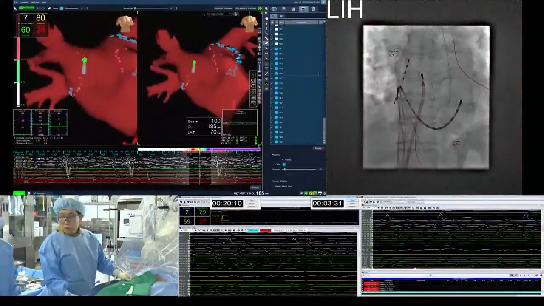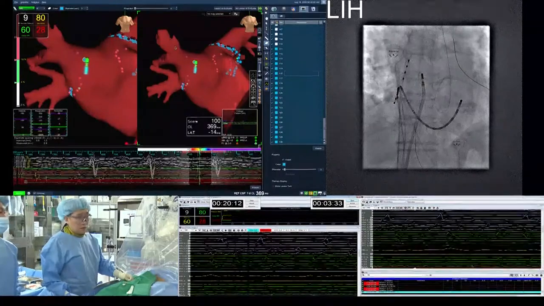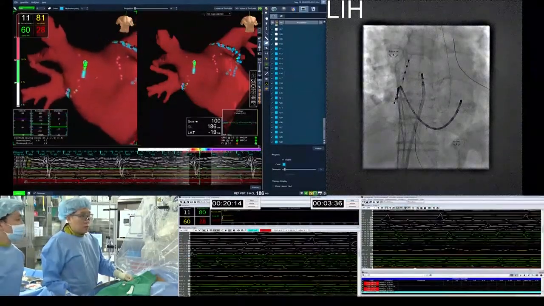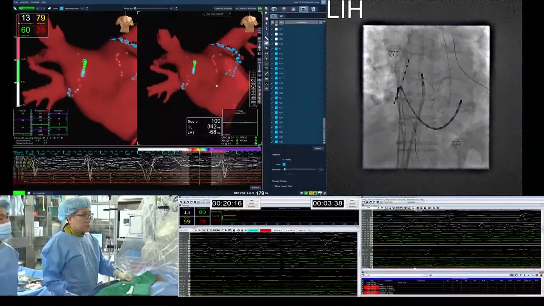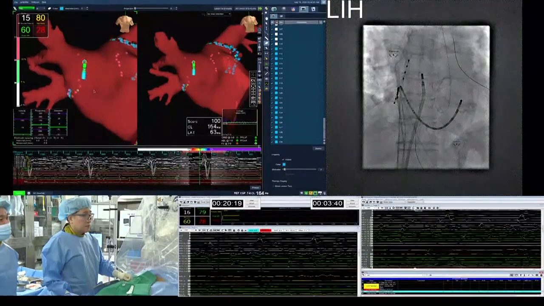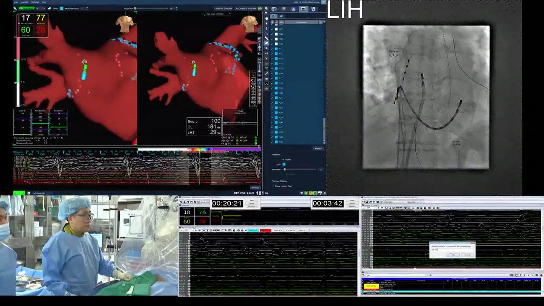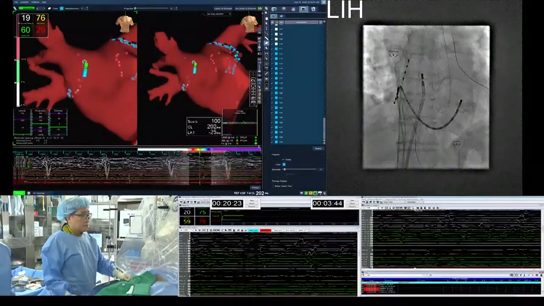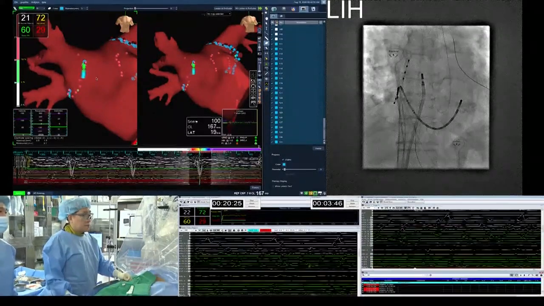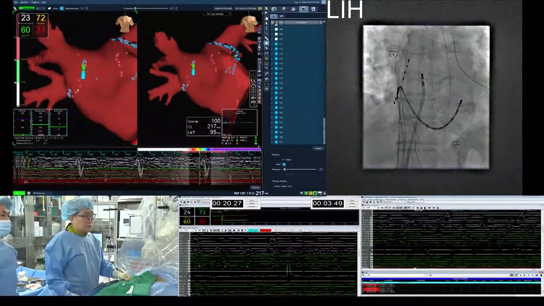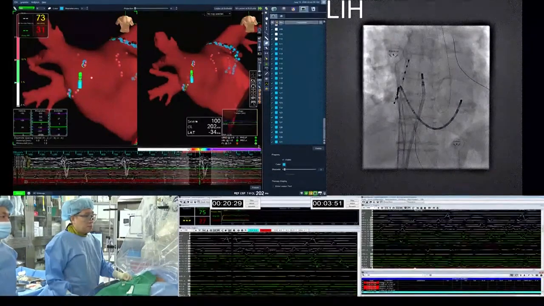This part is an easy and safe area, the septal aspects of the right side pulmonary vein. But if you generate a transseptal puncture that is posterior and high, sometimes it is difficult to ablate this area, because the transseptal hole is here. It's hard to make a good contact.